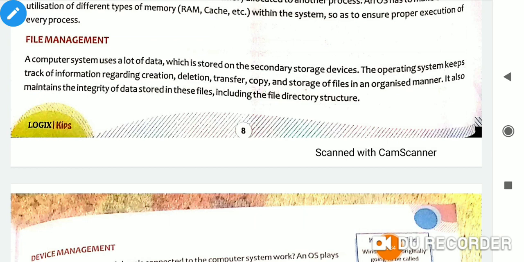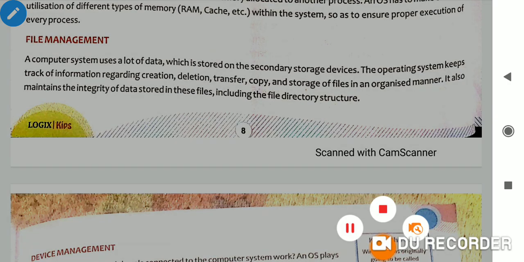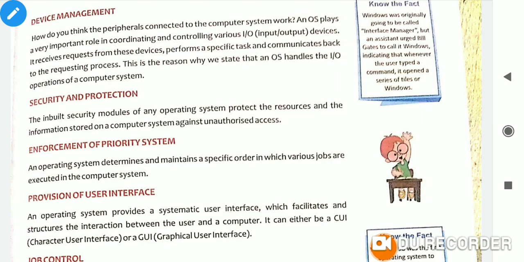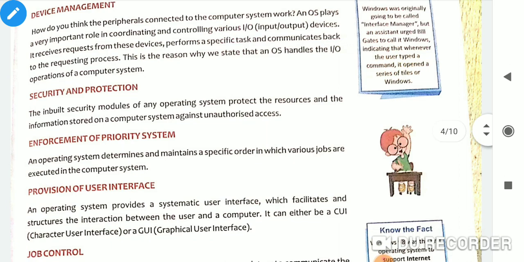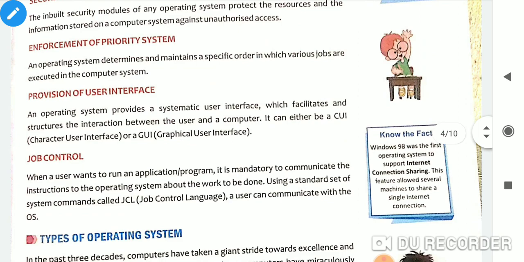Next function is file management. In a computer system there is a lot of data kept, and it is the operating system that decides where to copy the data, where to put the data, in which directory or in which form. In the same way you can see device management, security and protection, enforcement of priority system, provision of user interface, job control. These are different other